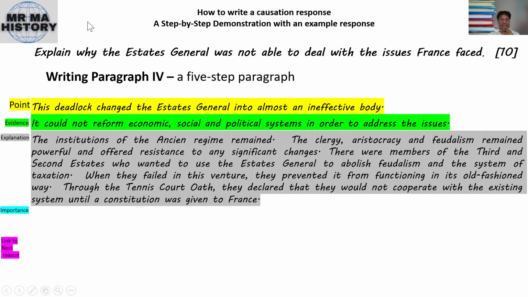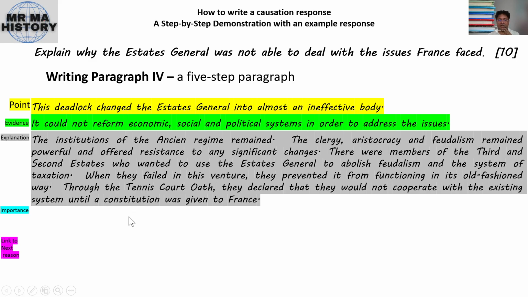And what explanation is there? The institutions of the ancien régime remained. The clergy, aristocracy, and feudalism remained powerful and offered resistance to any significant changes. There were members of the third and second estates who wanted to use the Estates General to abolish feudalism and the system of taxation. When they failed in this venture, they prevented it from functioning in its old-fashioned way. Through the Tennis Court Oath, they declared that they would not cooperate with the existing system until a constitution was given to France. So that means this explanation